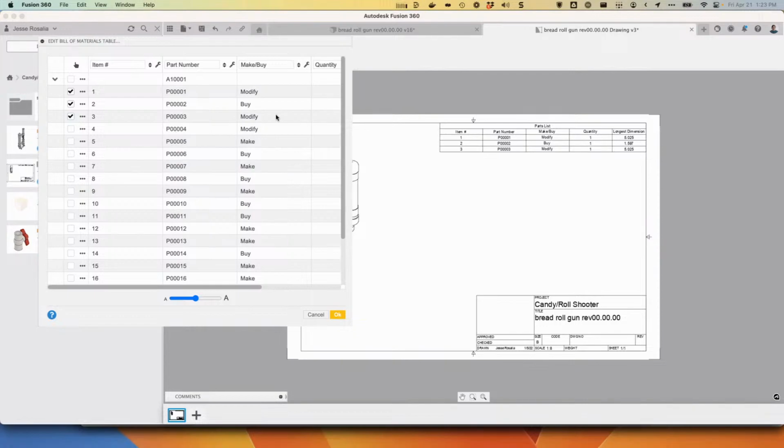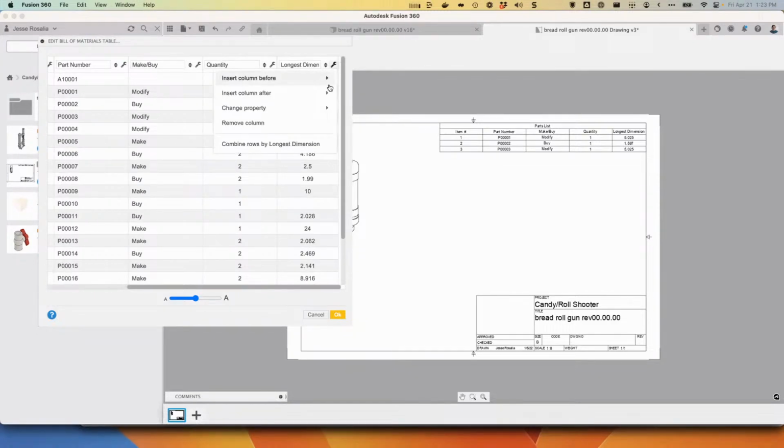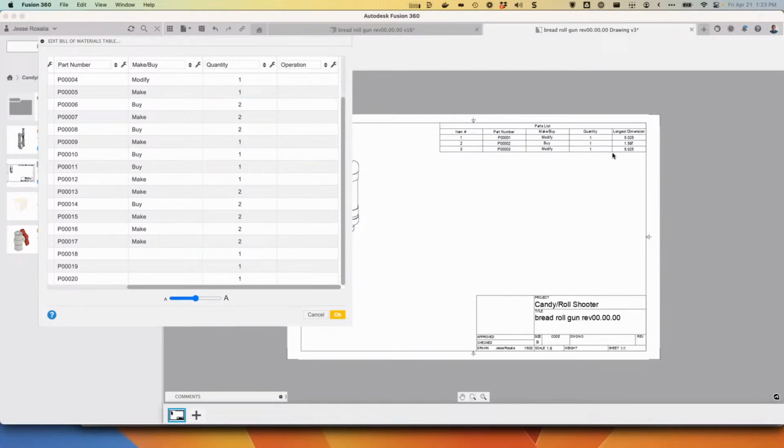Absolutely, absolutely. Literally anything you want here. We've seen people add in who's responsible. We've seen people add in manufacturing notes. In fact, I can even show you: if I go and say I want to change the dimension for that operation, now we start to have the actual manufacturing operation that needs to be done in order to produce